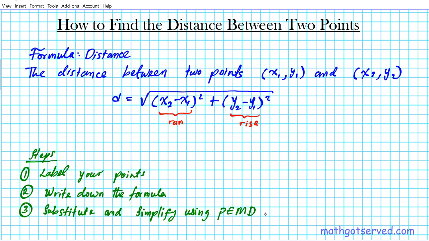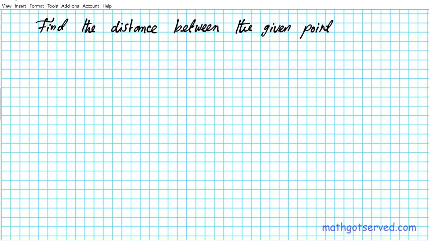All righty. Let's go ahead and take a look at 3 examples and give you an opportunity to practice on 5. The instructions for the examples that we're going to be working on are as follows. We are to find the distance between the given points. For question 1, let's say we have the pair of points